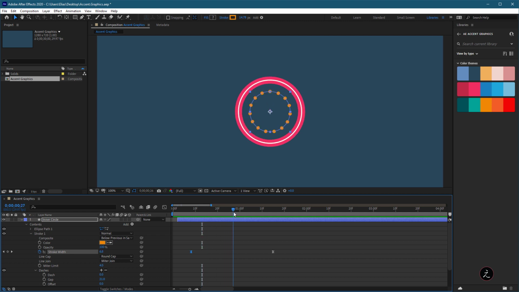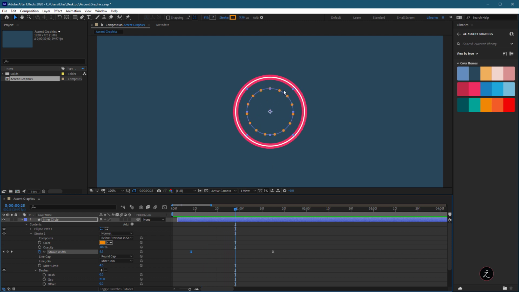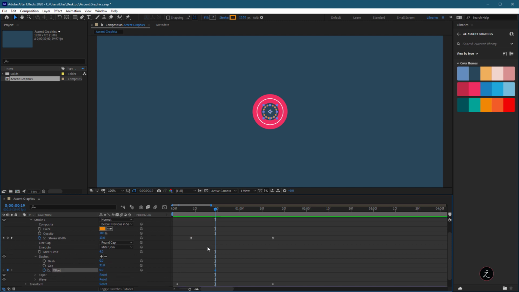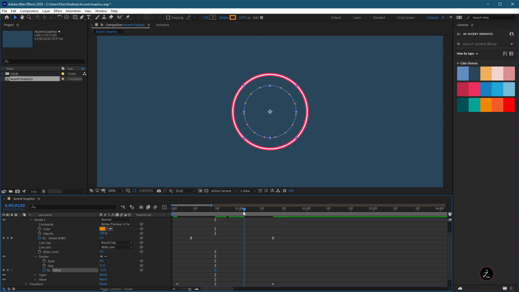This is very nice, but we can actually animate this circle. And we do this from the offset. So I'm going to create the first keyframe. I'm going to click on the stopwatch on the offset. And the first offset, let's see, I'm going to set this to minus 21, because we want to rotate this clockwise and then go a little further and set this to 0. Let's see, did it work or is the opposite?